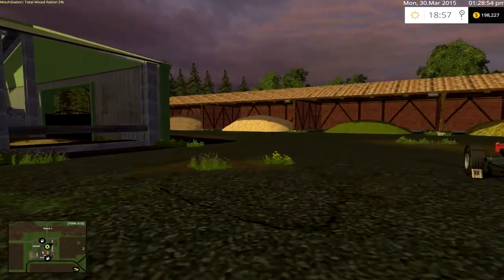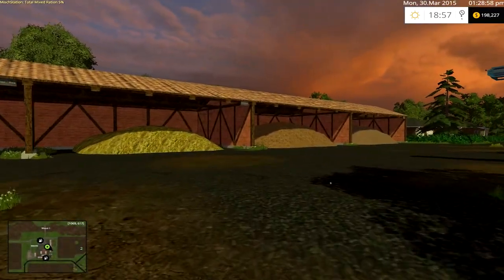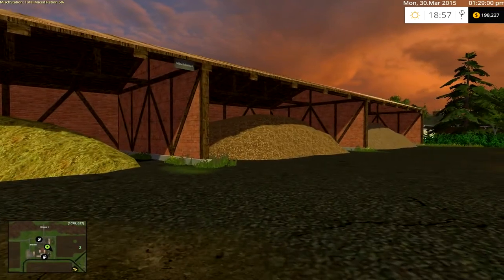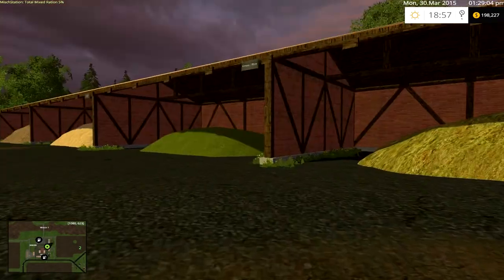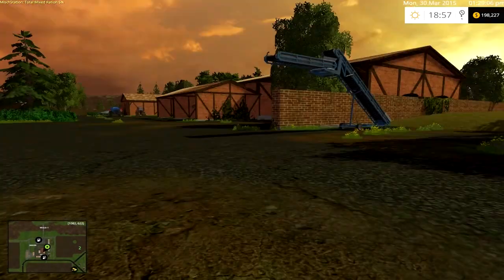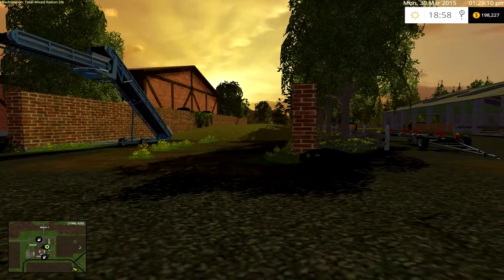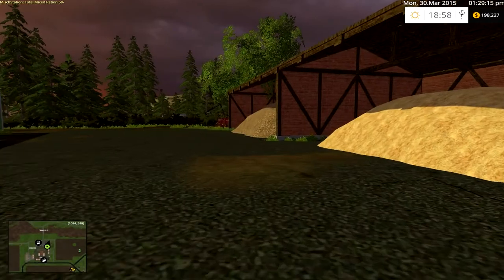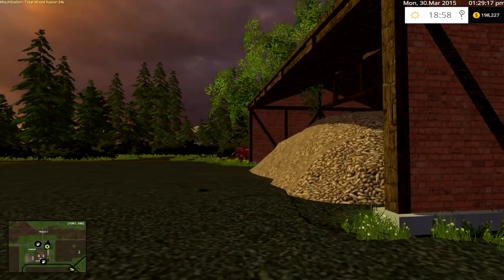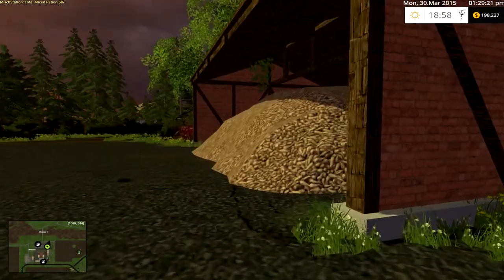The main thing he took out or changed was the built-in conveyor belts on the sugar beets and potato heaps, which were pretty nice. It's not a big deal. He recommends that we use the Maru conveyor, and I already use that, so it's not a big deal. It does help out because I know you can hit those triggers, especially if you're doing course play, but